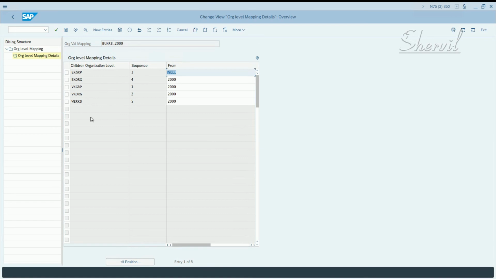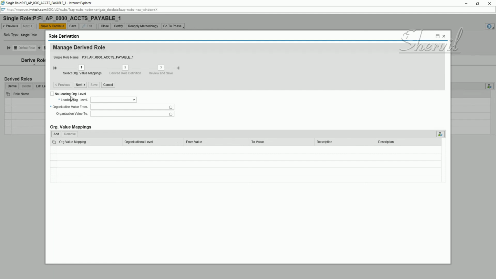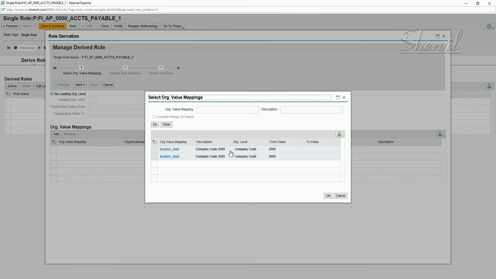So here is the place where you have a choice of either using the org levels that are coming out of the master role, or if you say no leading org level and you click on add, you can pick the one that you created in SPRO, the organization value mapping that we created. You can pick one of them.